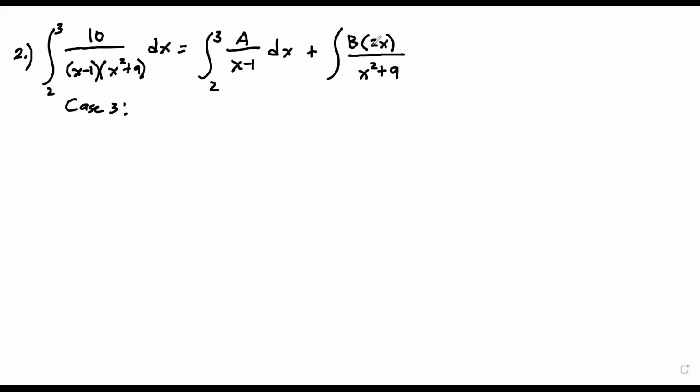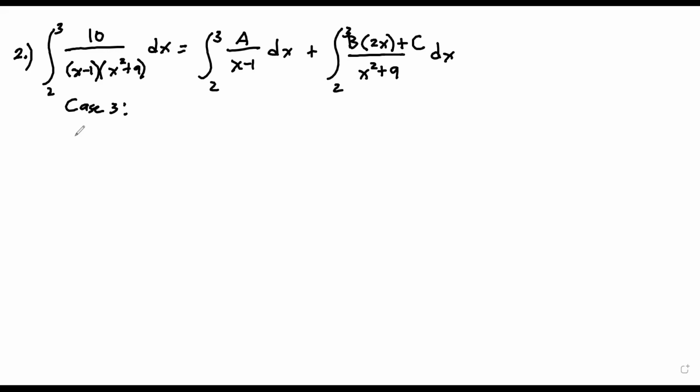B, the derivative of the denominator, plus C dx. Okay? So again, using partial fraction, the given is equal to this one from 2 to 3. So integral of A over x minus 1 dx from 2 to 3 plus the integral of B 2x plus C over x squared plus 9 dx. So let's find the value of A, B, and C